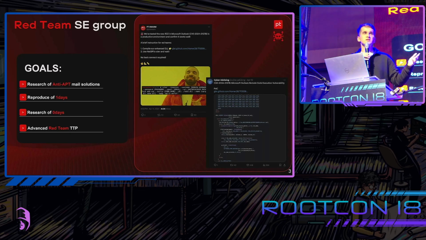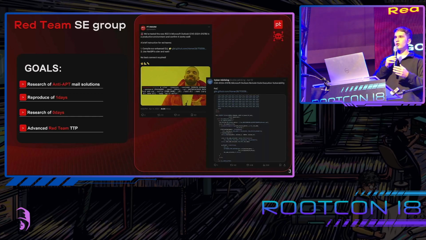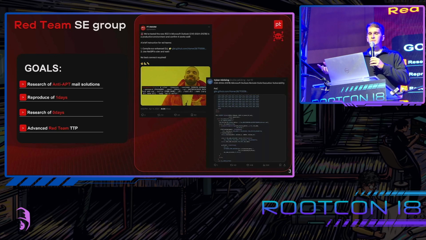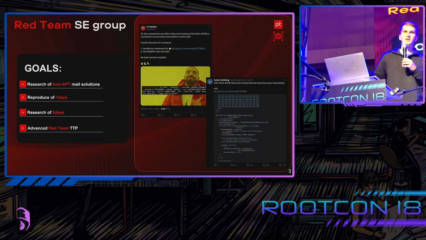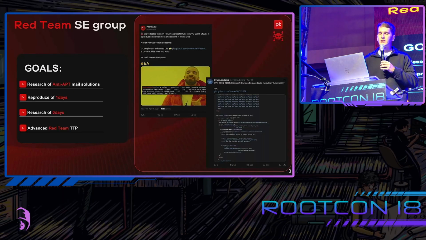We have recently created this unit in our penetration testing department, whose main activities are, firstly, development of TTPs for getting initial access for our team operations. Secondly, research of anti-bot ML solutions, sandboxes, secure ML gateways, development of sandbox evasion techniques, persistence techniques, and other techniques which we use in our social engineering vector. Thirdly, find and research 0 days, reproduce 1 days,